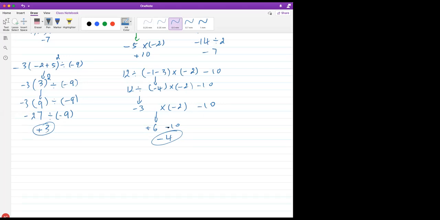Yep, that's what we did. This is a subtraction here. Positive 6. But 10 wouldn't be a positive number? Why would it be a positive number? Because that's where I'm getting confused with the double negative. The 10 from the beginning was negative, always. Okay. And both 3 and 2 are negative, so it became positive because in multiplication